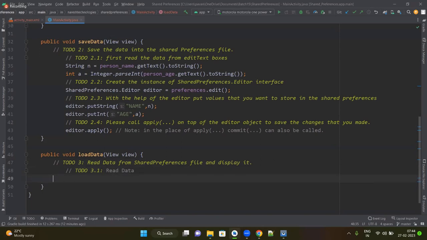First, read data. So, how do you read data? We should check if the preferences dot contains name, contains with key,